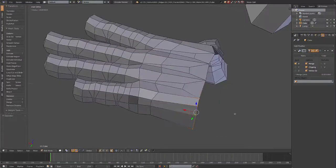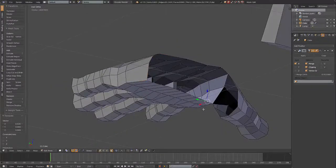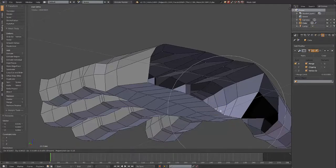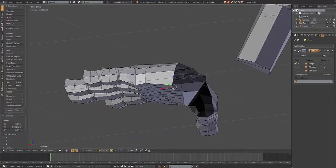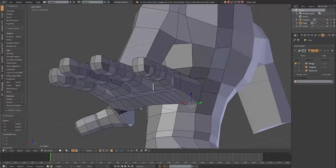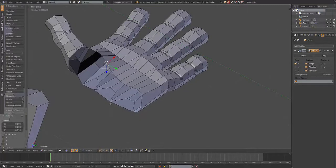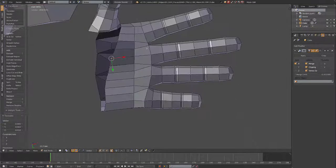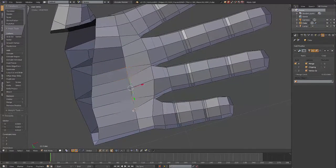so now just going to move this up a bit, and we're gonna have to move these down. I do remember saying last time that we were probably gonna be doing some special geometry, or something to kind of give the hands a more methodical look to them in terms of their polygon flow. But really the only thing that we're going to do is really similar to what we did on the top of the hand. Just going to slide these, and